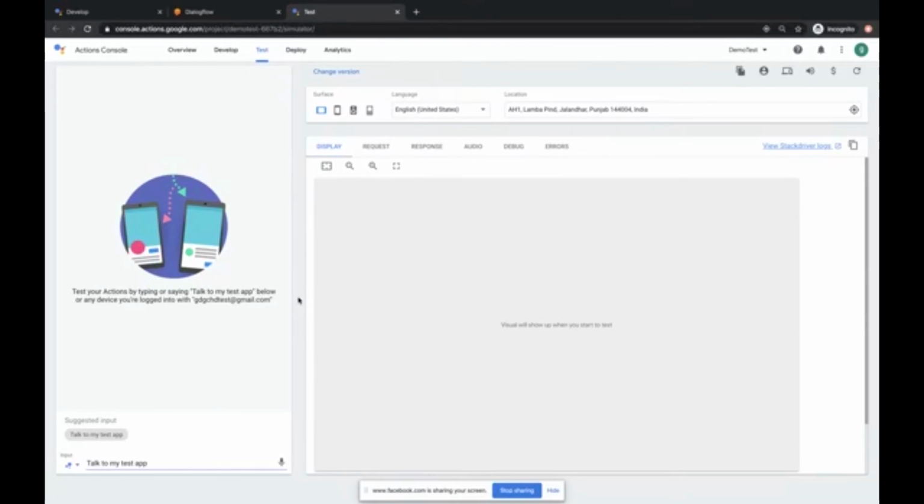Once you click on Test, you will be redirected again to the Actions console, where there was a Test tab earlier. There's a virtual simulator available which you can use to test your action here. By default, the name given to our application is Test App. So if you say, talk to my test app,